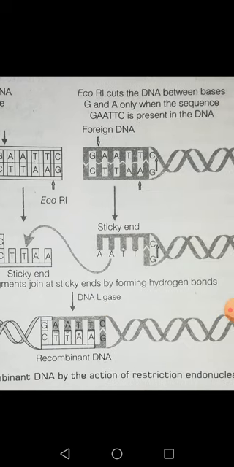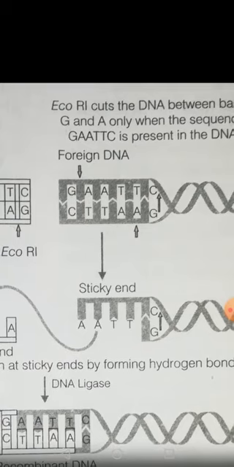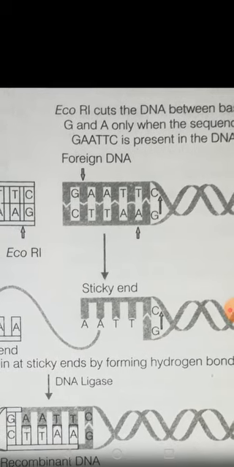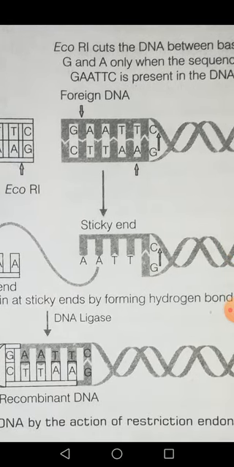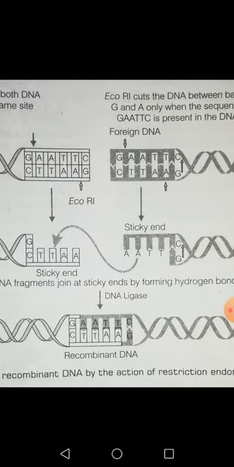Similarly, there is a vector, coded in the black color. The same restriction enzyme is going to cut it, so the same sticky end is left here also. Are you observing it? The same restriction enzyme is used in both cases. GAATTC is the recognition site for the EcoRI restriction enzyme, and while it cuts the DNA, you are observing that a sticky end is left in both cases. Here in the white one you can see what is called a sticky end or hanging strand, and in the black one you can also observe the sticky end.